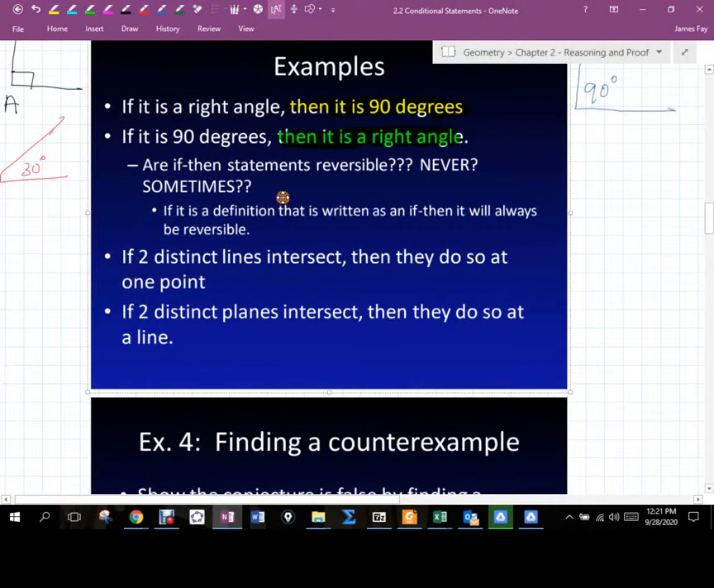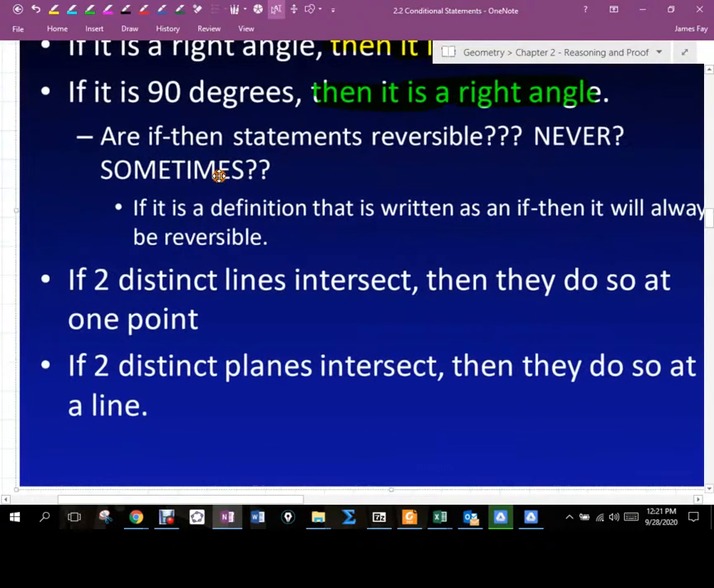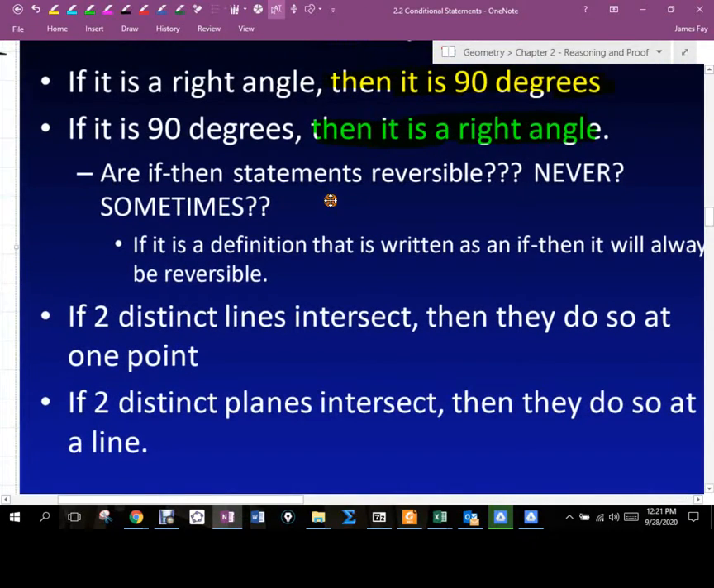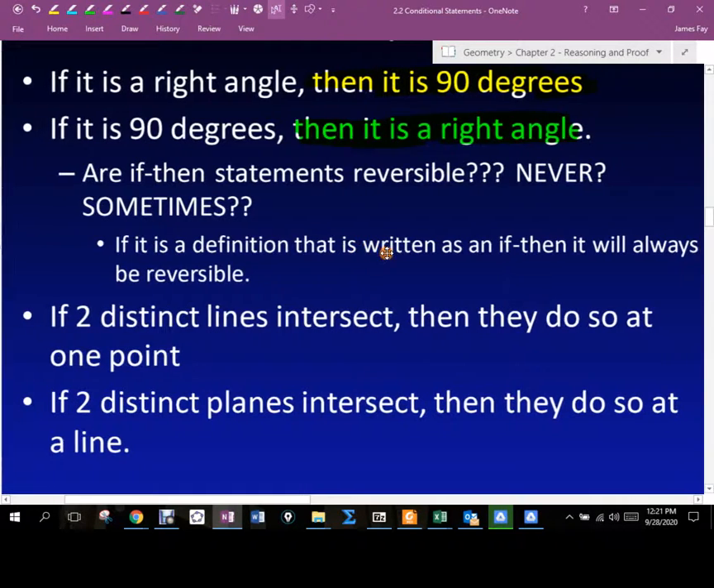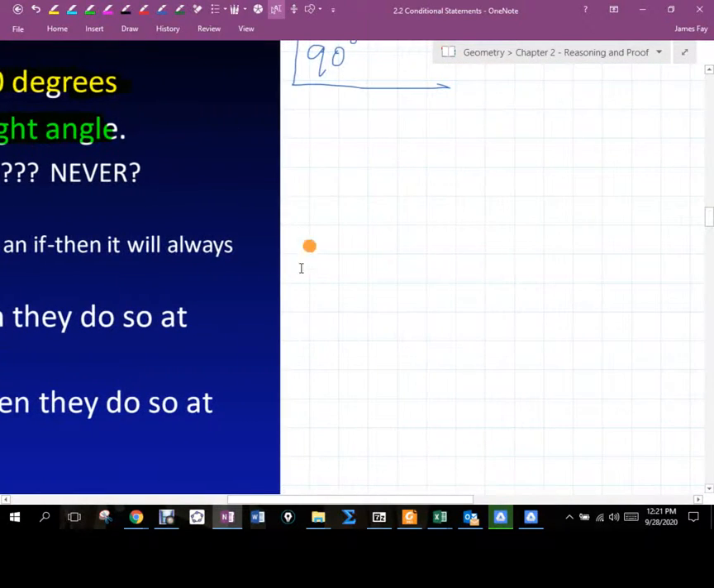Okay, so this example here says, are if-then statements reversible? Okay, and then there's a question, if you say yes, then the question is, well, are they always reversible? Are they never reversible? That type of thing, okay? So when statements are reversible, let's say this. Let's say I write a statement over here that says,